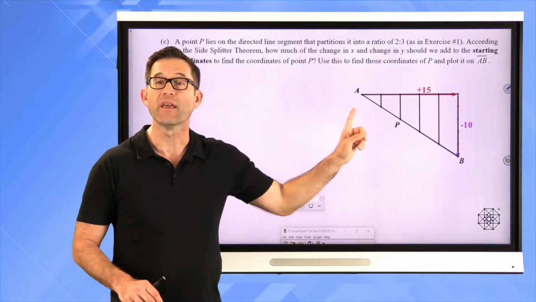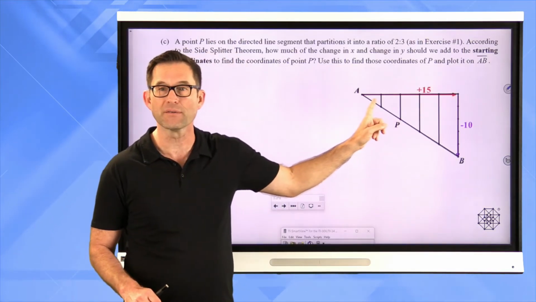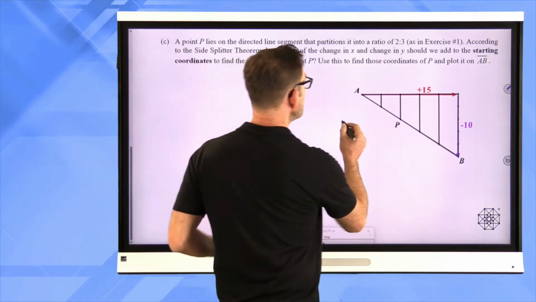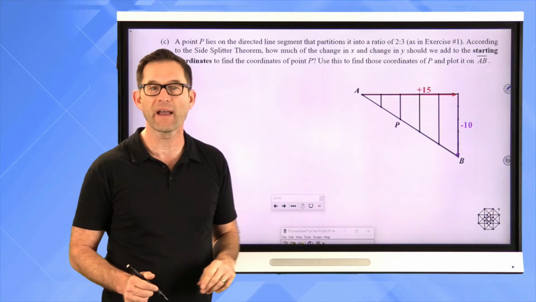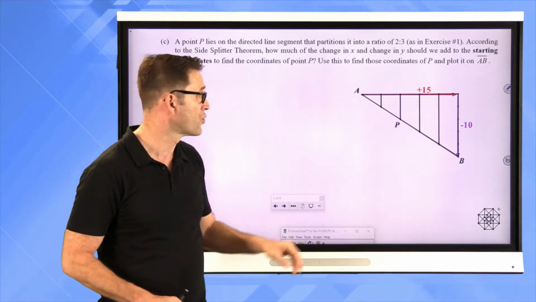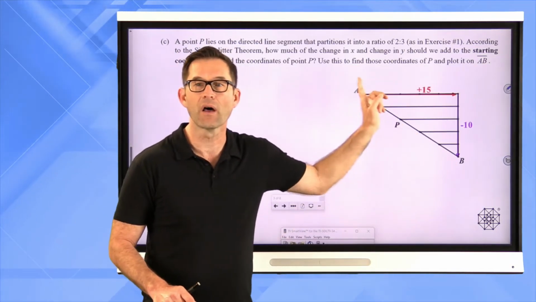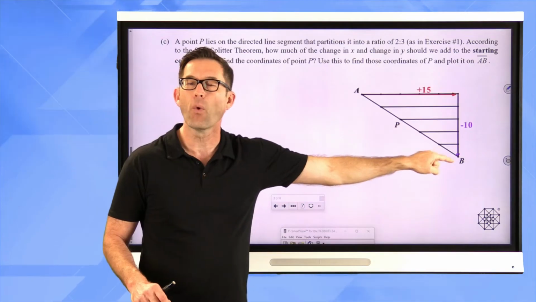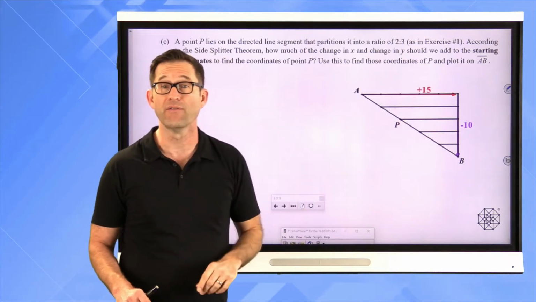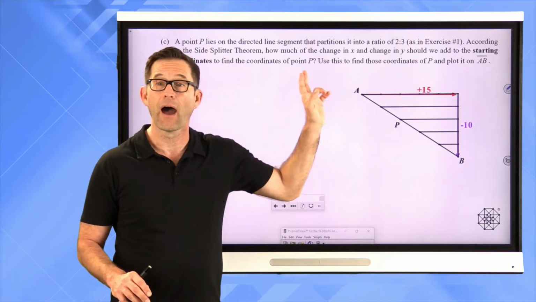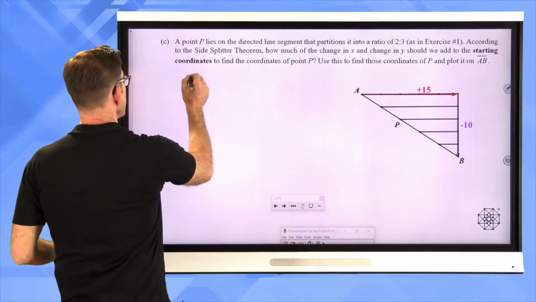And what I would see is that that would then divide this change in x into 5 equal parts, and I would want 2/5 of them, right? 2/5 of those parts give me how much change in x I'm going to get. And likewise, I could do the same thing, but draw in lines that are parallel to that horizontal line, and that will divide the y change into 5 equal parts, and I want 2 of those 5 equal parts. So the first piece is, how much of the change in x and change in y should we add to the starting point? 2/5 of it,